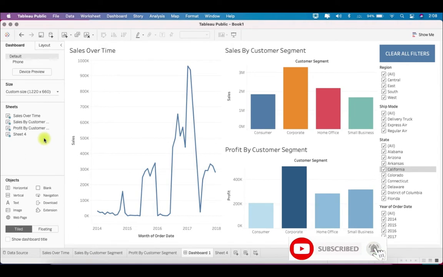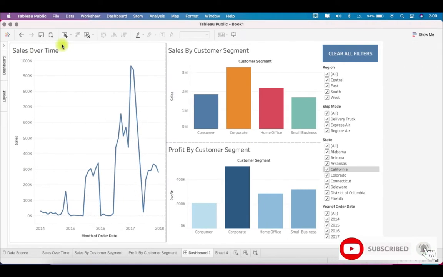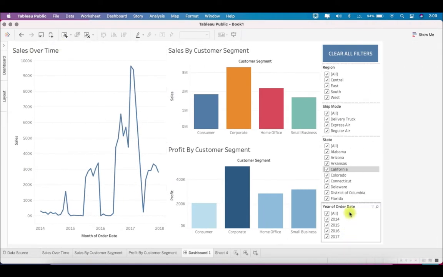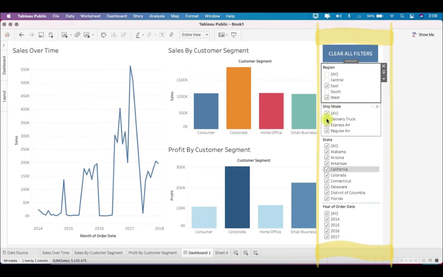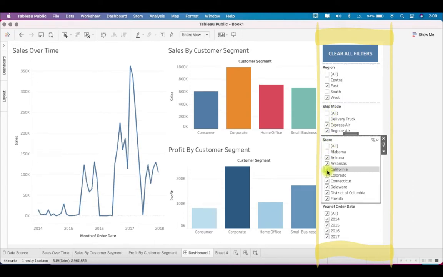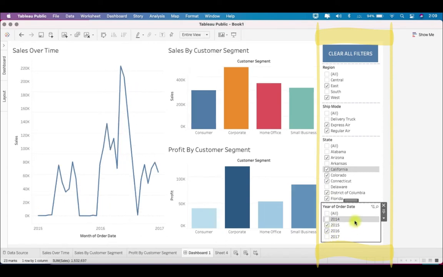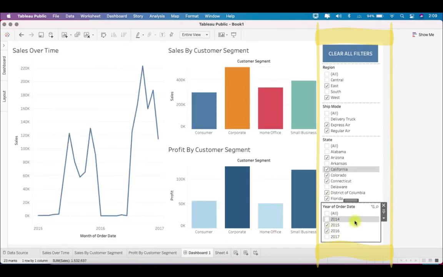So here in Tableau, we have a dashboard over here. And if you see, we have a few filters over here. Now there is a possibility that in your dashboard, you have, let's say, 10 or 15 filters. And let's say the client plays with all these filters. Okay. So for a particular reason, I am deselecting all these filters. Okay. And now after viewing my data, I want all the filters to get back to select all.